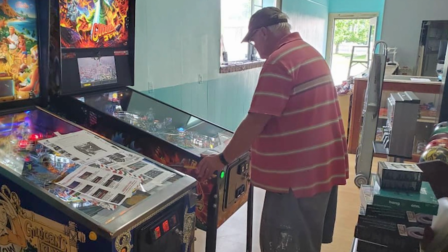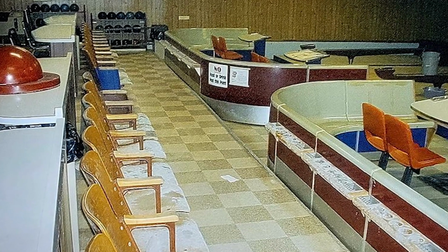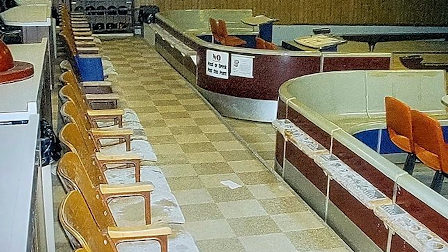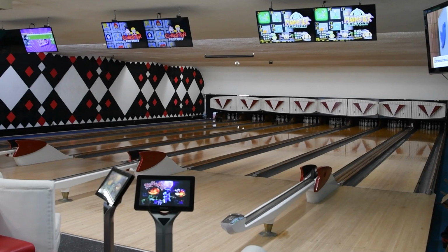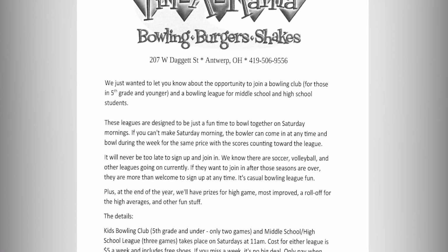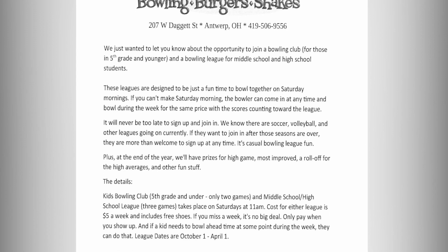Without their father's love of bowling, Reggie and Regan say they would not have been able to spend so much of their childhood at Antwerp Alleys, and they would not have been inspired to transform the business into the new Pin-A-Rama. The alley is now available for a wide variety of events, including youth and adult bowling leagues, birthday parties,